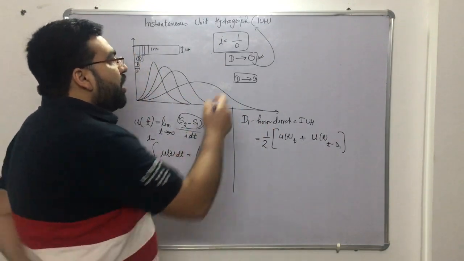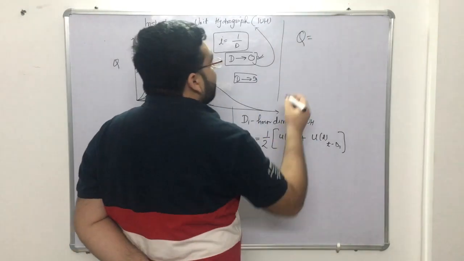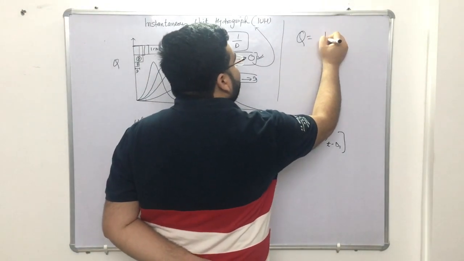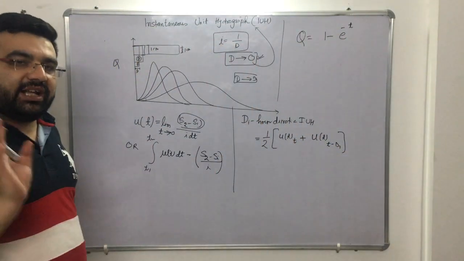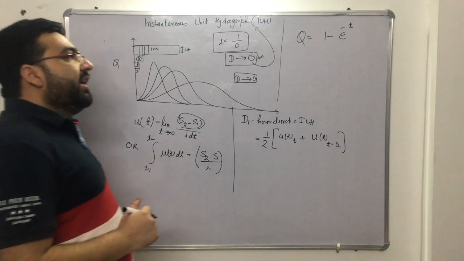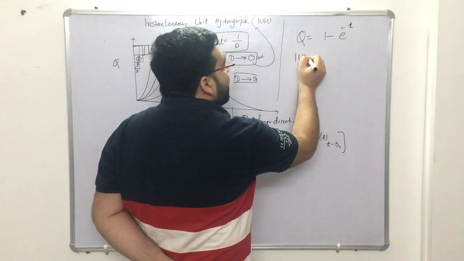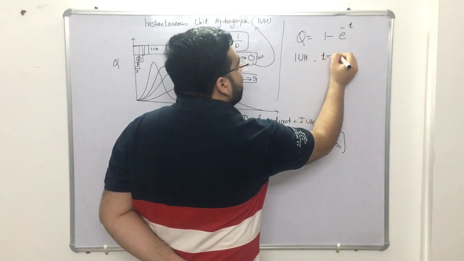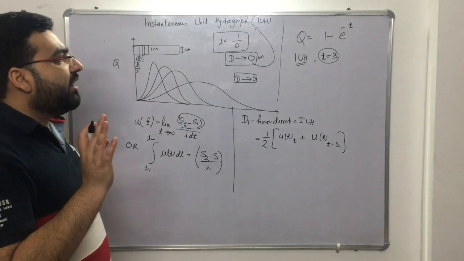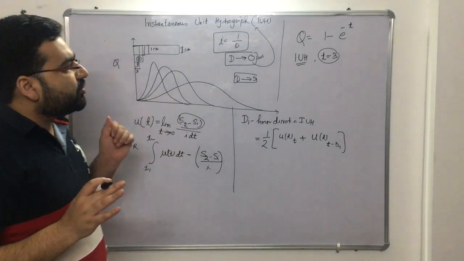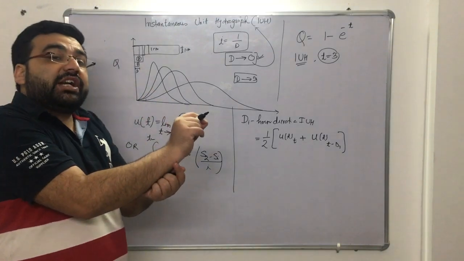Let us say you have been given a discharge profile of Q equals 1 minus e raised to the power minus t. And in the question, it is told to you to determine the instantaneous unit hydrograph at t equals 3. Or sometimes IUH is not even mentioned, and it is just told to calculate the unit hydrograph at a particular time interval, t equals 3.